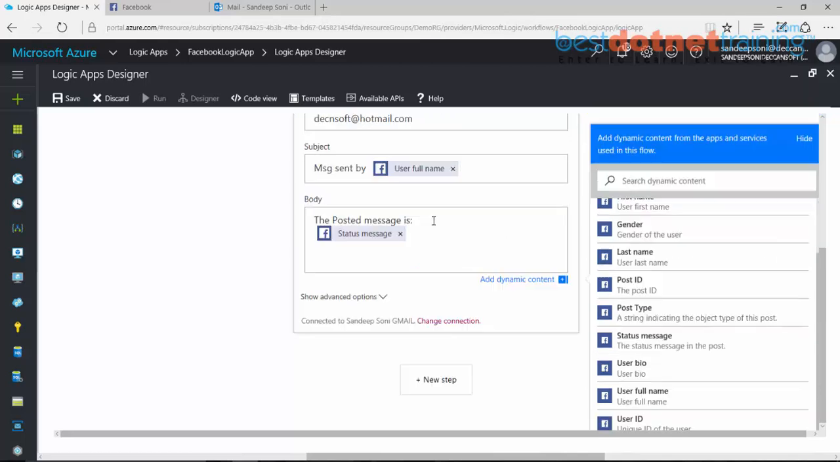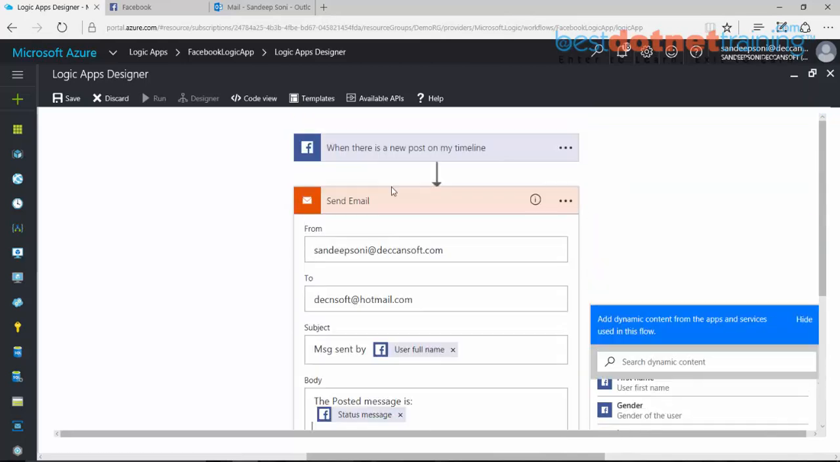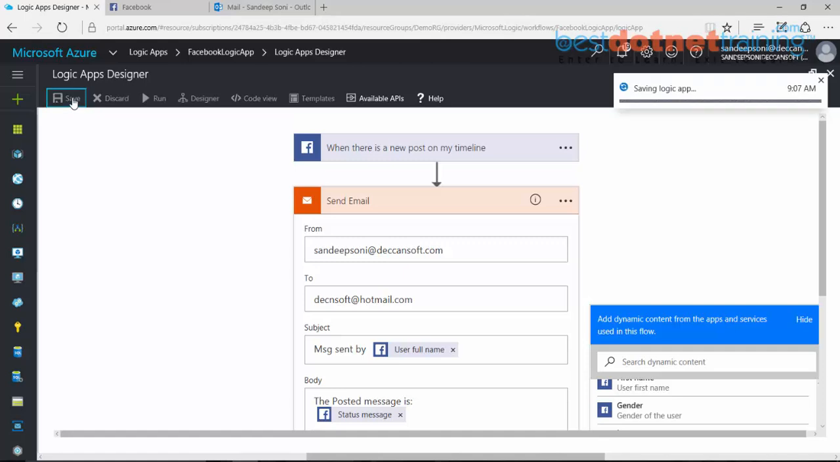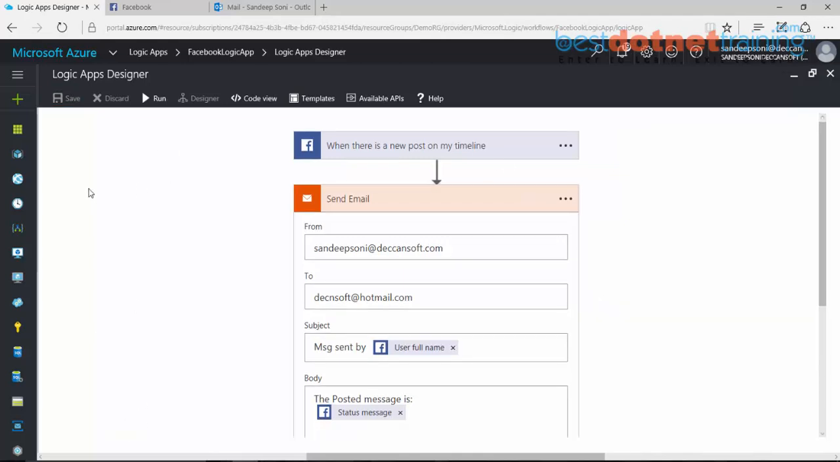That's it. So automatically you will see that when a new post is put on the timeline, this logic app is going to query the Facebook account, and in response to that new post, an email is going to be sent. Now I save this. After saving, we go back. Logic app,